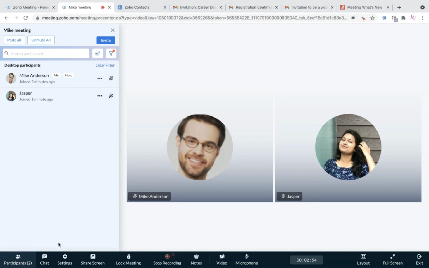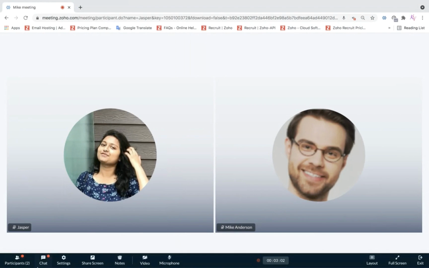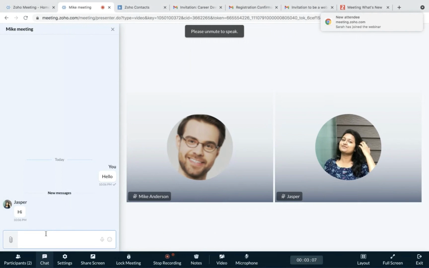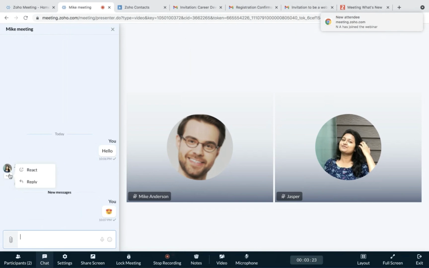Now, we move on to the next tab, where you can have collaborative communication among the participants using this public chat. Similarly, the participants will also have an option to chat with the presenter as well as with the other participants. We have introduced Zoho Cliq integration in the online meeting chat, where you can now send images, share files and documents using the attachment icon. You can also express your thoughts better by sending out emojis. And moreover, you can also send specific replies to the messages that have been sent.